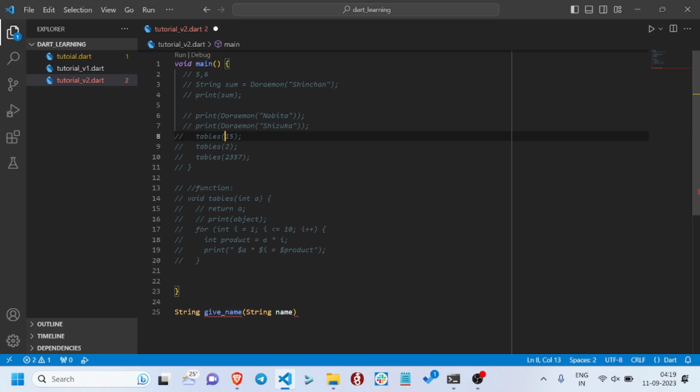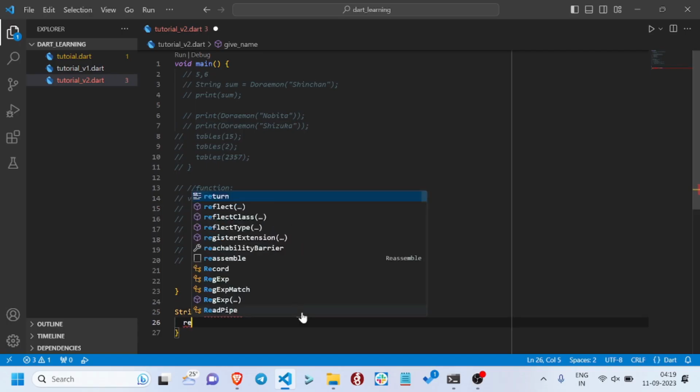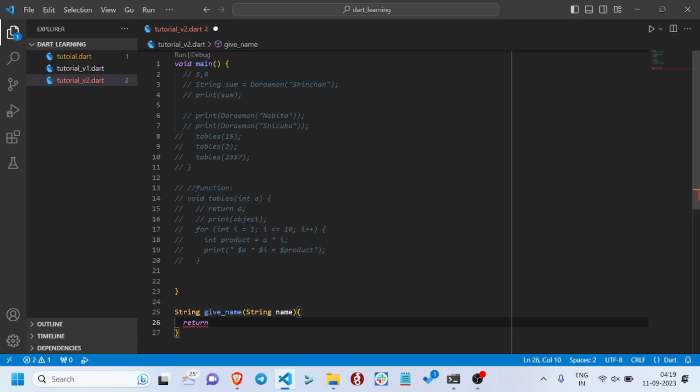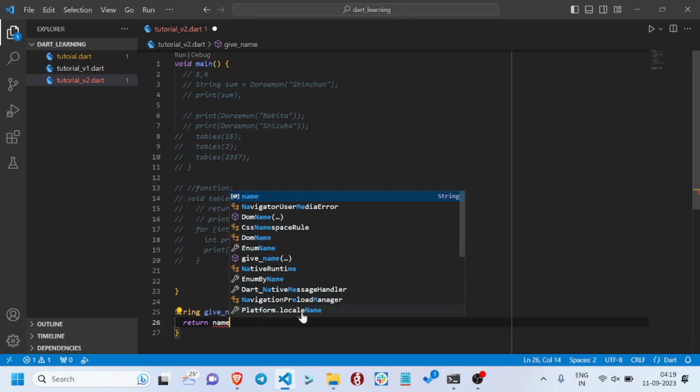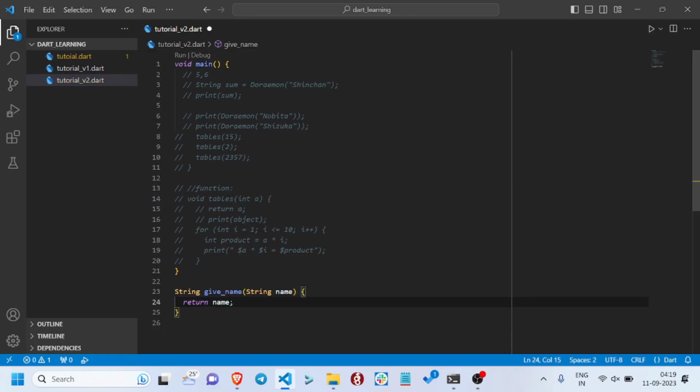So when you are defining a function, what you write in these parentheses is the parameter, and the exact value that you give to this function is called an argument. So this is a parameter. So this will return name. Okay, then we can create another function